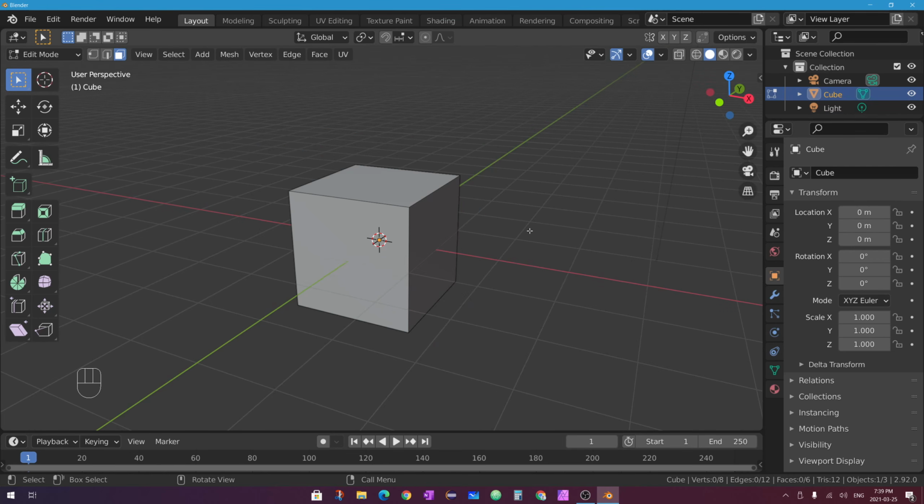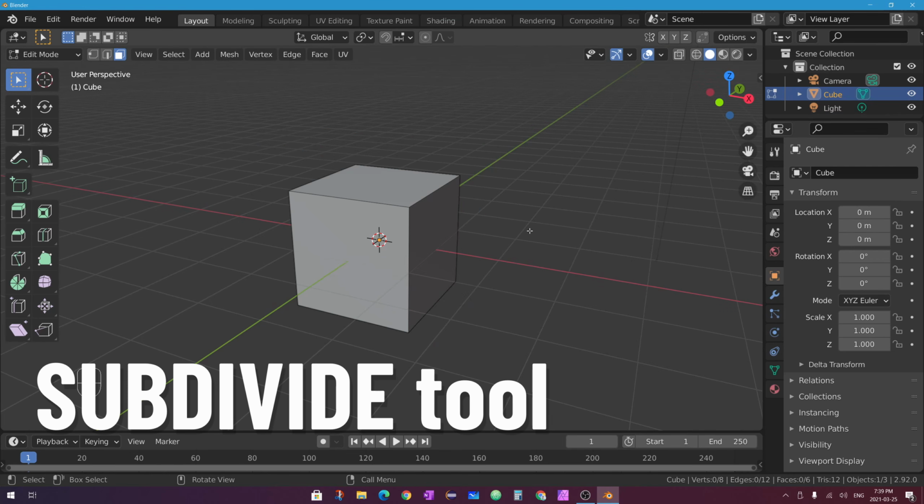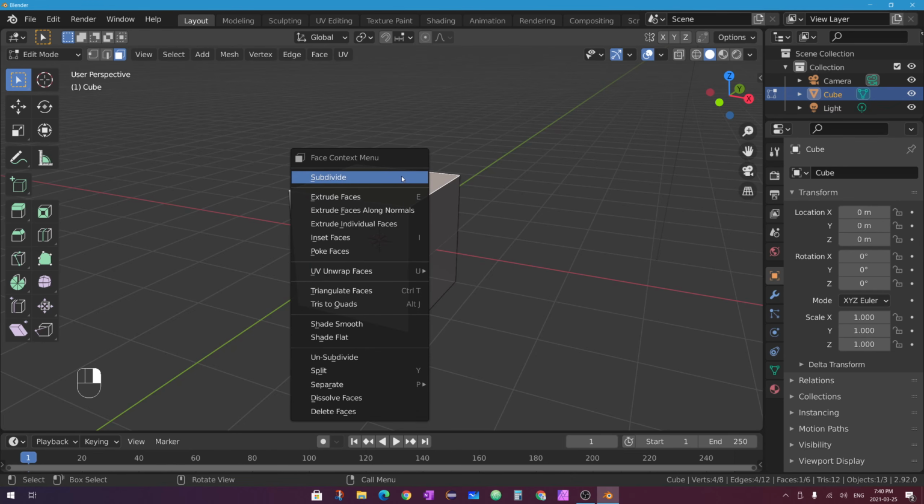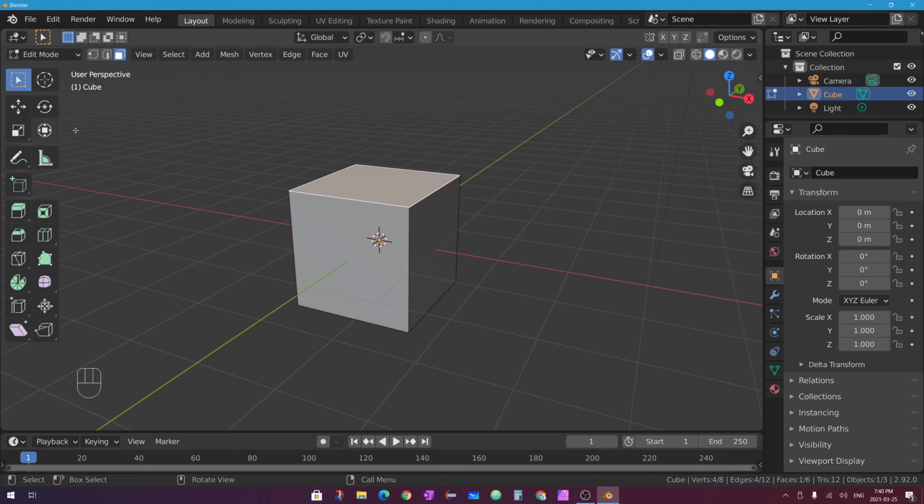In edit mode, there's also a tool called the Subdivide Tool, but unfortunately, this is not a tool that's available in our toolbar. You have to select something in your mesh, either a face or an edge. So I'll select the top face on my cube in edit mode, and then you right click. And under the right click context menu, the very first option here, again, I don't know why it's not one of these tools. That's an active tool that you can change your mouse into doing that action. I don't know why it's not there, but if you right click when you have a face or an edge